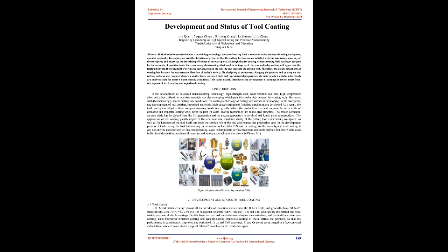The coated cemented carbide blade has developed from the first generation and the second generation to the third and fourth generation products. The application of tool coating greatly improves the wear and heat resistance ability of the cutting tool when cutting workpiece, as well as the hardness of the tool itself, prolongs the service life of the tool and reduces